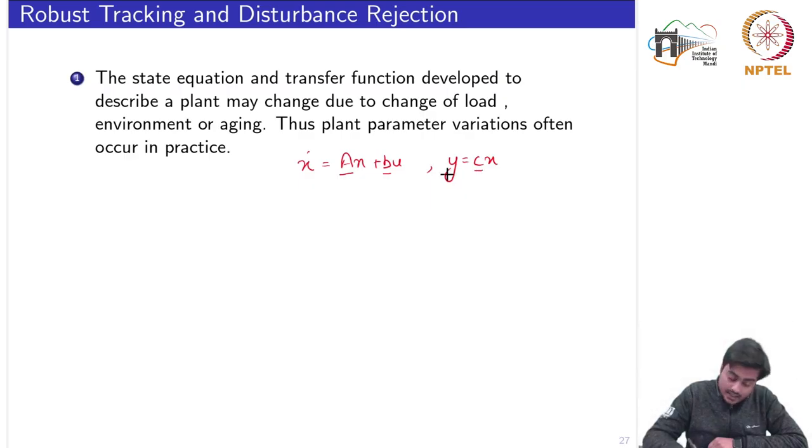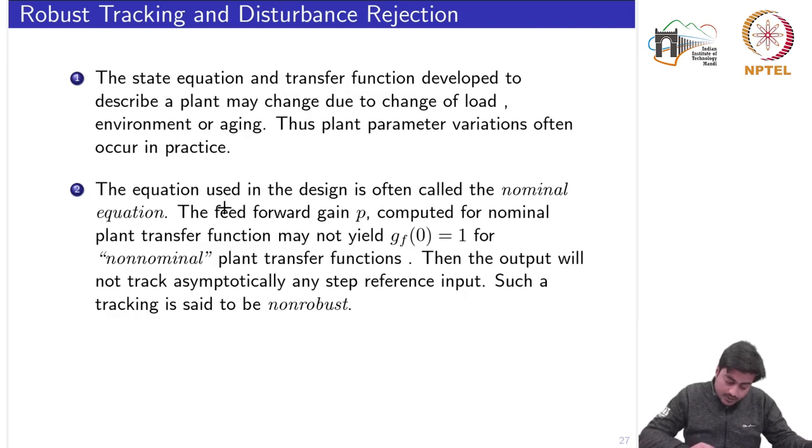information about the plant. Now, if there are some changes in the practical plant, then whatever modeling you have done to extract this A, B, C won't be equal to the nominal values, and these changes could happen because of the change of load or the environmental condition or aging of some electromechanical components. So the plant parameter variations often occur in practice in terms of A, B and C. Now the equation used in the design, we call it the nominal equation, by